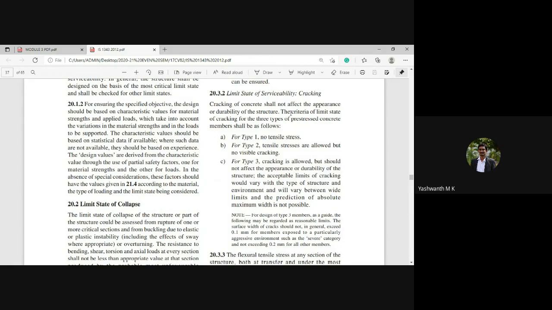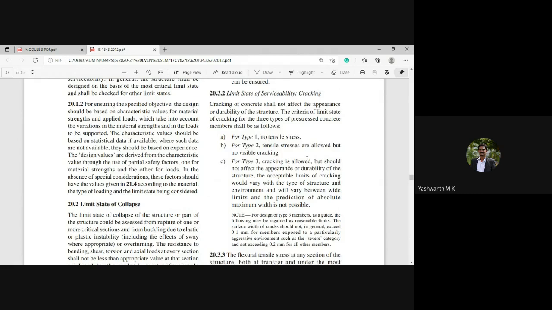The criteria of limit state of cracking for three types of pre-stressed concrete members shall be classified as follows. Number one, for type 1, no tensile stresses. For type 2, tensile stresses are allowed, but no visible cracking. That means the crack has not initiated, but the tensile stresses will be developed. In type 3, cracks will be developed.